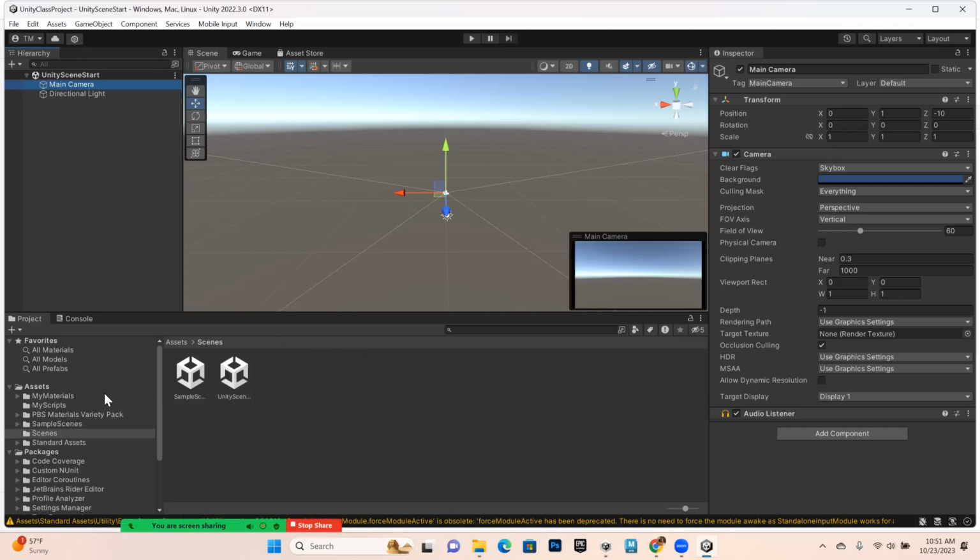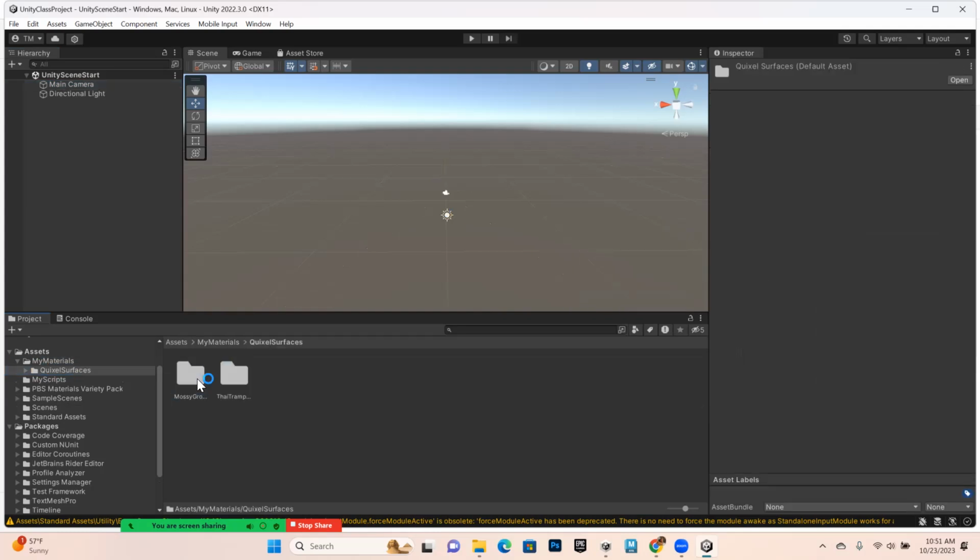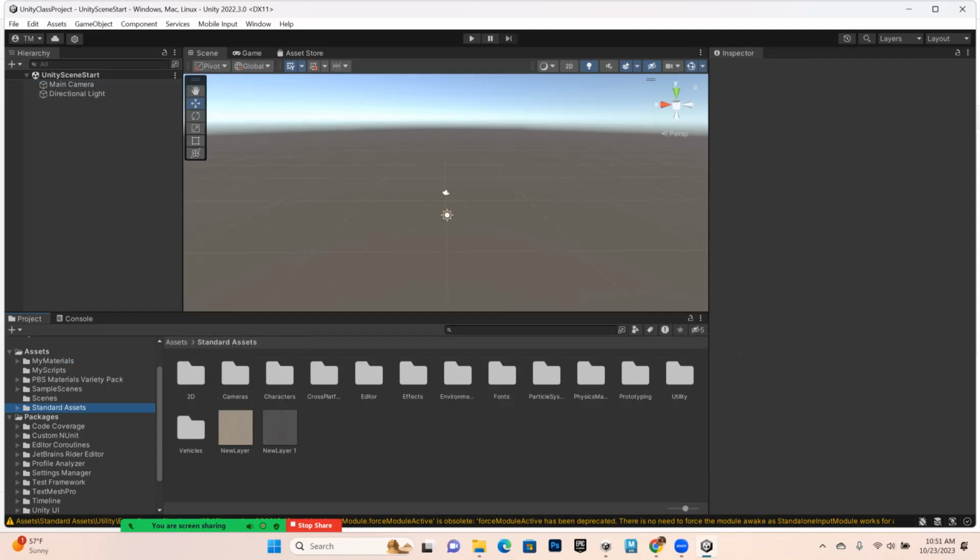So once it goes through importing, you should see a new standard assets folder. And actually, there's a bunch of new folders in here now. There's a My Materials folder. Oh, really? Huh. Okay. All right, so when this standard assets folder, I brought it in and I had to fix some things